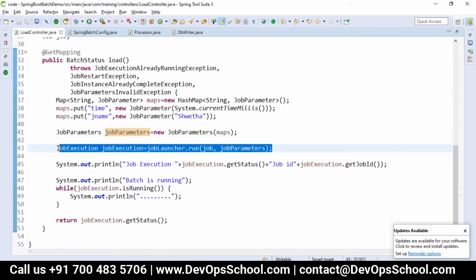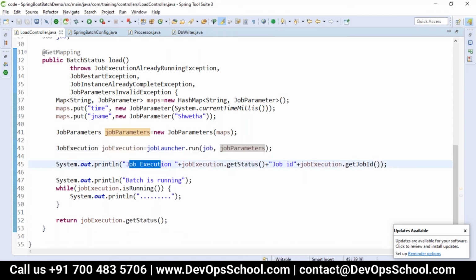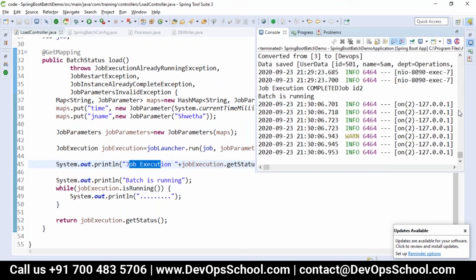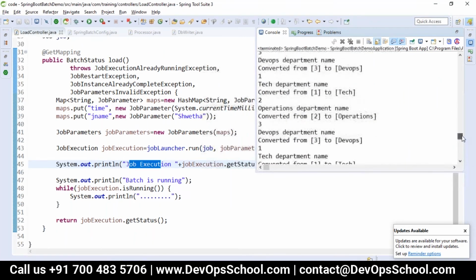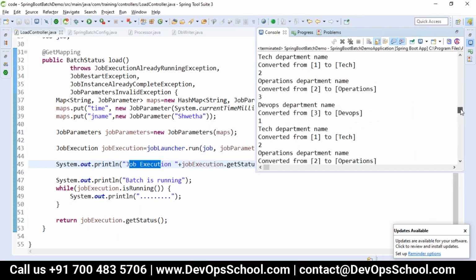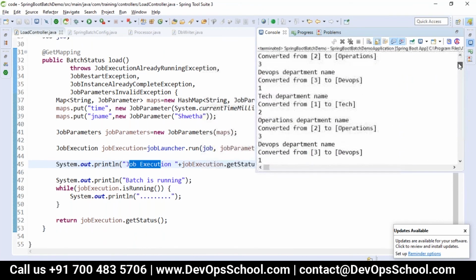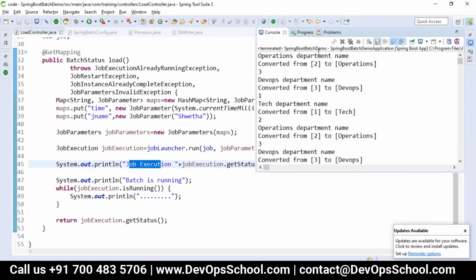If the job is started, I will get the output in the console: the job execution, what is the status of the job, and what is the job ID. You can see in your console the job execution completed and the ID is 2. Then we can see batch is running, and it is given here: the number of data, operations from department name converted from to operation.